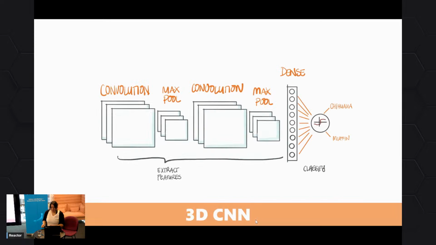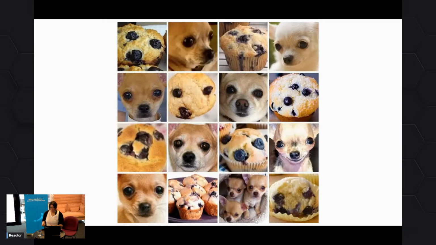So when we then create a 3D CNN, a 3D CNN just means that a 2D CNN is height and width, and now we have height, width and time. We can create a model that takes all the frames instead. This is not a VGG model, but another way of doing this. We could go through and create a model like this. The problem is that these are very expensive to create, and very expensive to train.